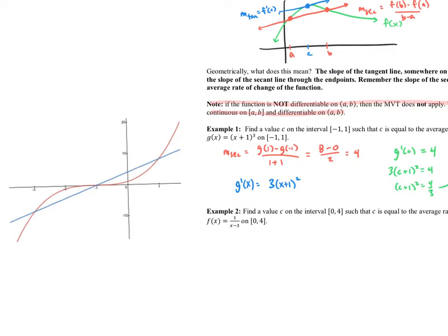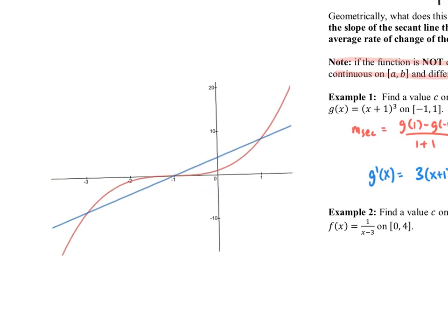Okay, I just inputted a graph that I think is going to hopefully help. So this red graph here is g of x, and the blue one is going to be your secant line between -1 and 1. So this is the secant line here, this blue one. Okay, so when we look at what we just found, we figured out that at this value c, which let's say that c is about right here, that value c, there is a tangent line that is parallel to that